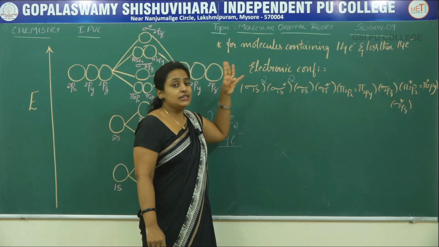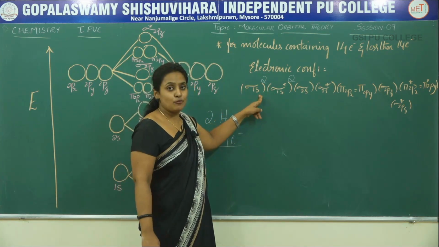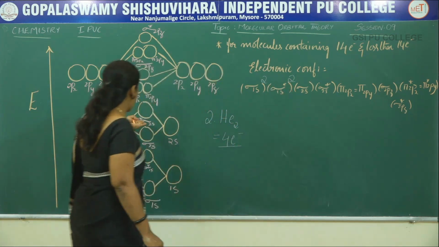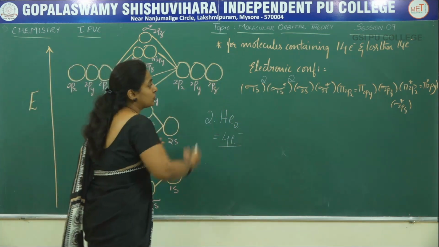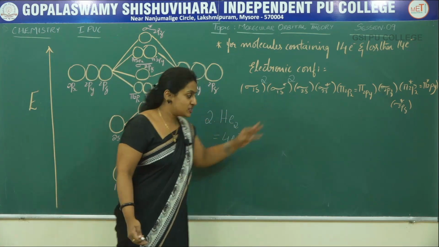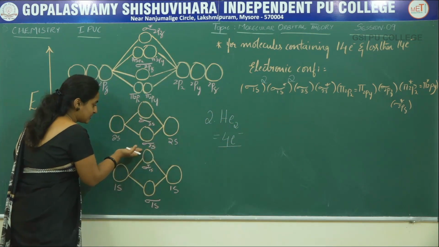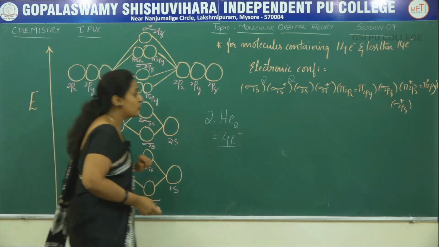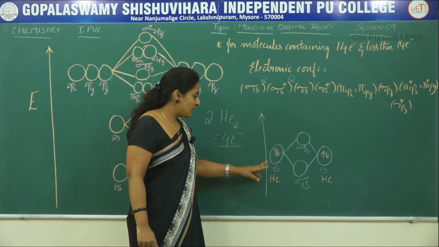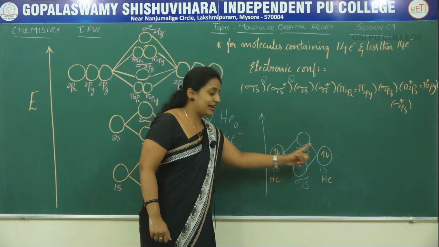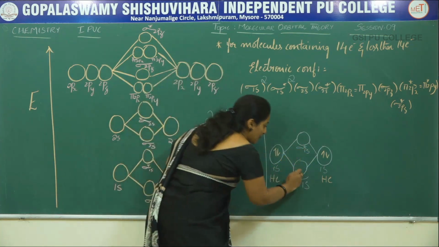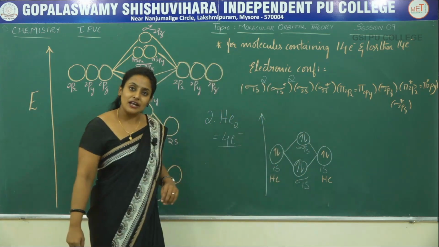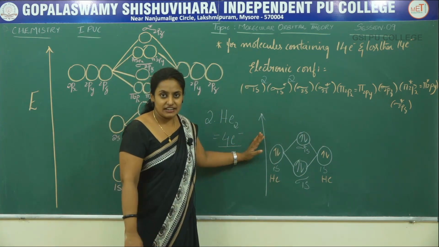You can observe here the molecular orbital diagram for this helium molecule is constructed only for sigma 1s and sigma star 1s. We don't need sigma 2s, since the electrons are filled only up to sigma 1s star. So the energy level diagram is constructed up to this sigma star 1s. Therefore, this would be the energy level diagram where each helium atom consists of 2 electrons in their atomic orbital. They will combine to give 2 electrons in sigma 1s and 2 electrons in sigma star 1s orbital. This is the energy level diagram.